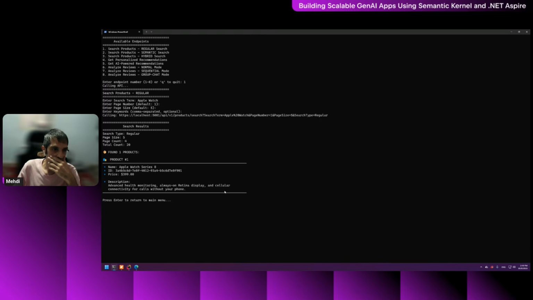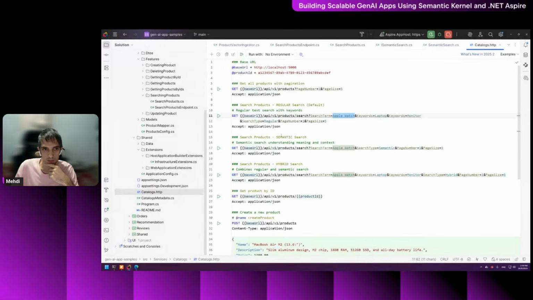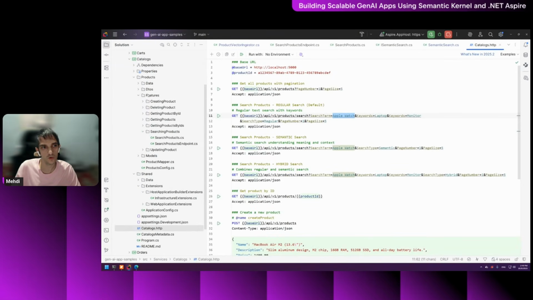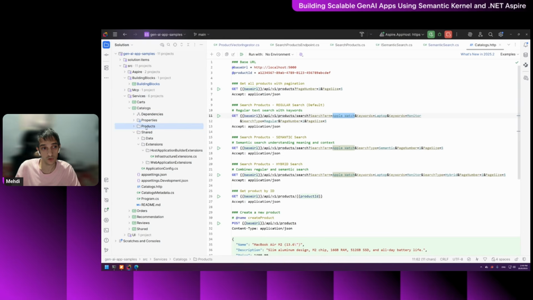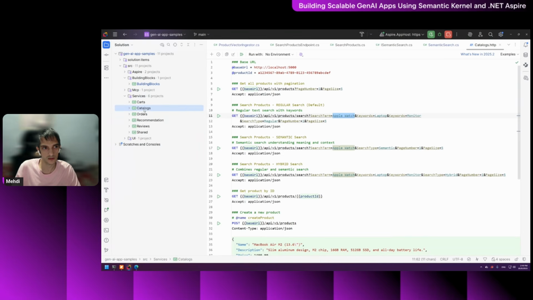Yes, as you can see, semantic search searches the whole database, based on both relational and NoSQL databases and the vector database as well, for providing an intelligent response for us, and returns this response, which is Apple Watch Series 8. We can see it here. Yes, that's about semantic search, and let's go with other services